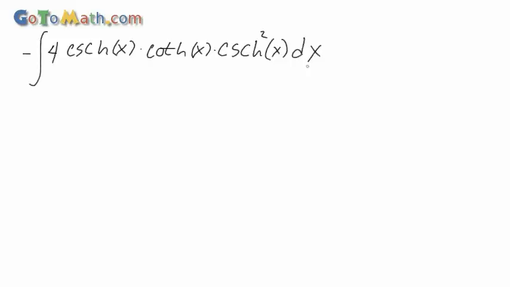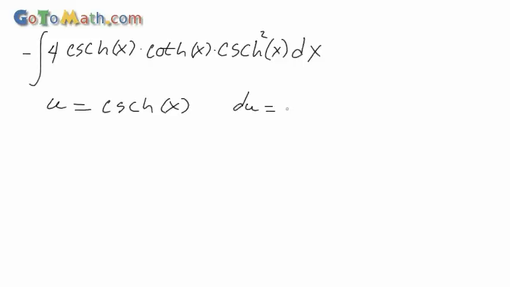Okay, cosecant, cotangent. Alright, we're going to let U equal the CSCH of x. Okay. And du is equal to, so you got to remember what's the derivative of this guy here,